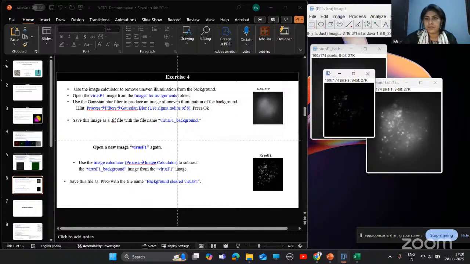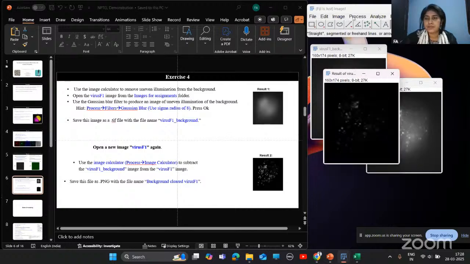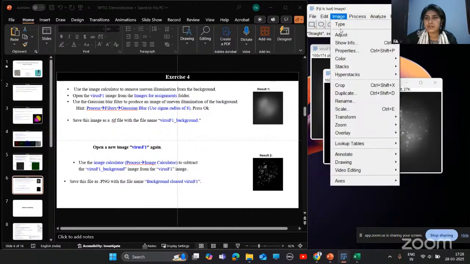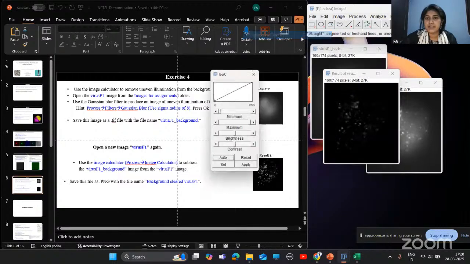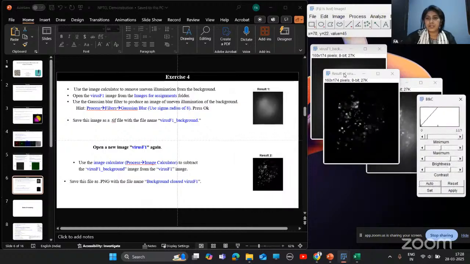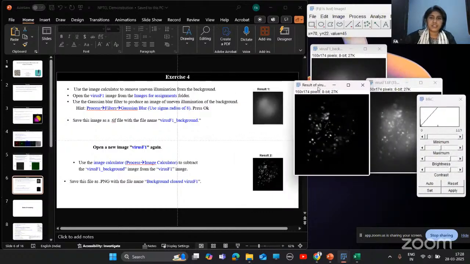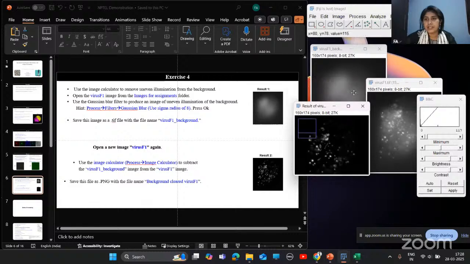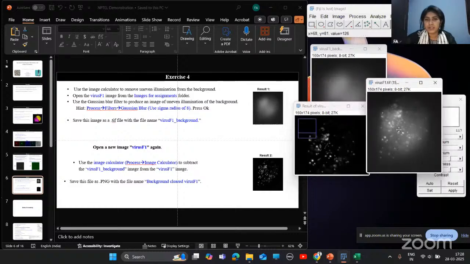Okay, so here we'll go to Image, Adjust, Brightness and Contrast, and we'll increase this. Okay, so you can see this one is similar to result 2.